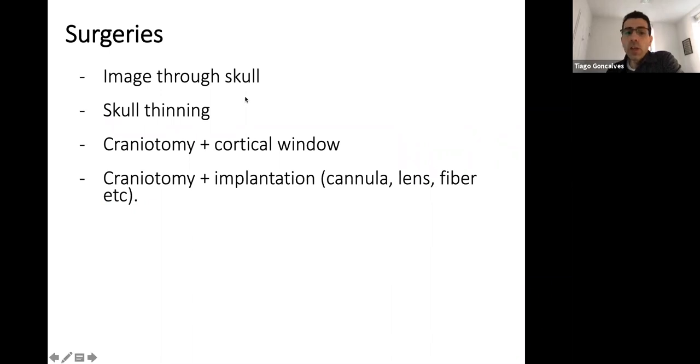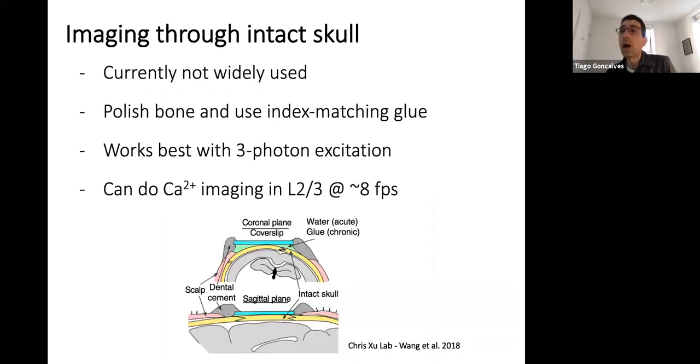So you can image through the skull, you can image through a thin skull, or you can do a craniotomy where you remove a part of the skull and you implant a glass window, or you can do a craniotomy plus implant a device that can be a light guide, or it can be just a hollow cannula, something that allows you to basically image deeper into the tissue. First one,